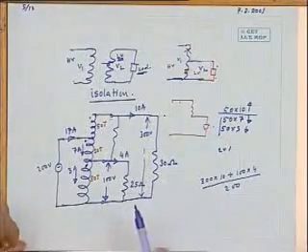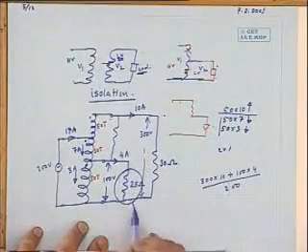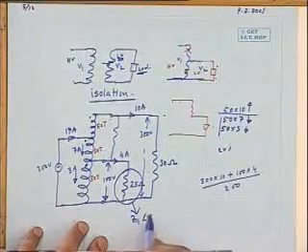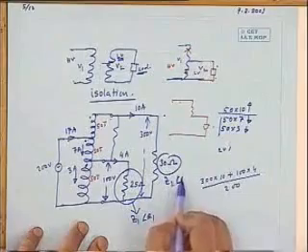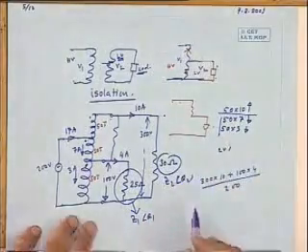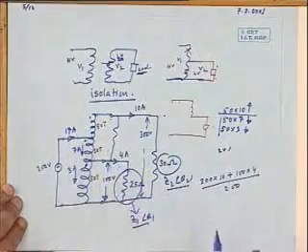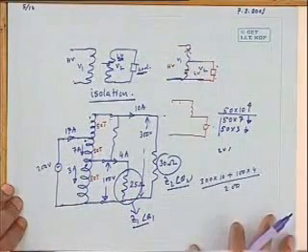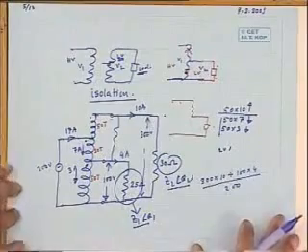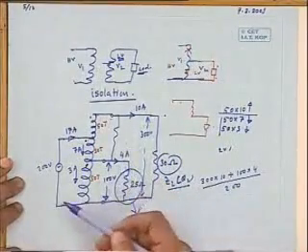But I will ask you to think over this one, which I may discuss in my next class. What happens if the load power factors are different? Can I just numerically add? Are you getting what I am telling? Suppose this load I replace by some Z1 angle theta 1, and this load I replace by some Z2 angle theta 2. You just note down how to calculate the currents if the impedances are different. You give some thought to it.